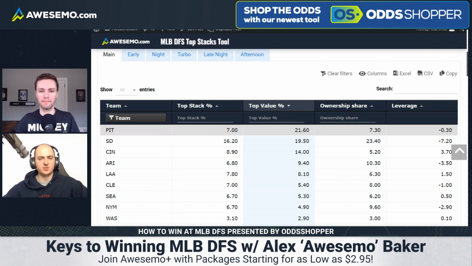So the top value percentage, since people are looking for value when they build lineups, often explains why the ownership is high on some of these teams. So most of the time, the top value teams are going to be pretty high owned. And on this slate, it's not a huge factor, but you got Pittsburgh with a 21% chance of being the top value stack. It's only a 7% chance of being the top stack. So